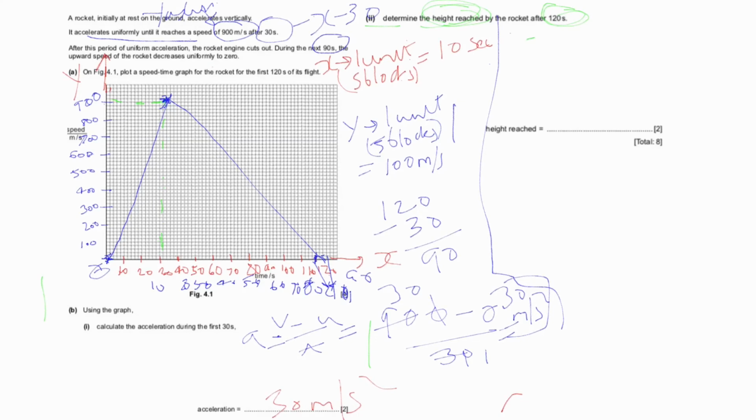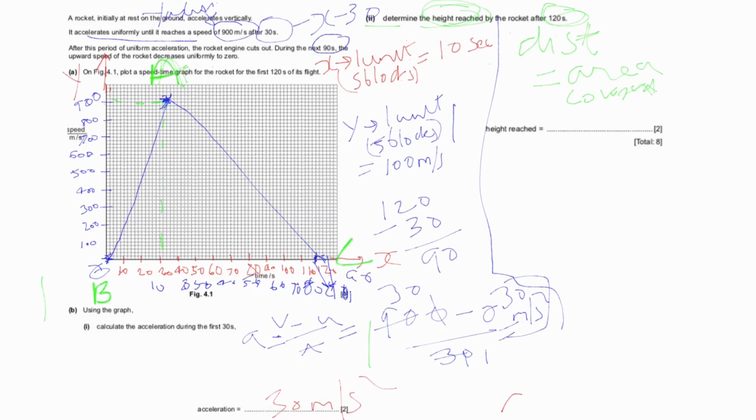So displacement covered, that is the distance covered, will be the area under the graph. So we can write distance covered equals area covered under the graph. As you can see here, the area is forming a triangle. So we can name this triangle ABC. I will increase the width of this pen. Now A, B and C.